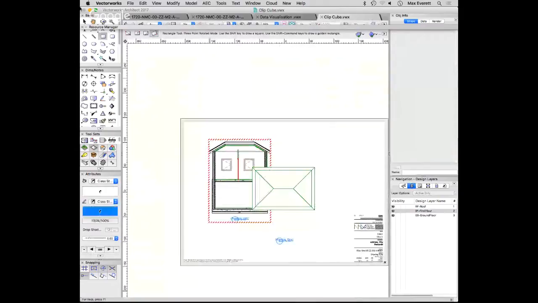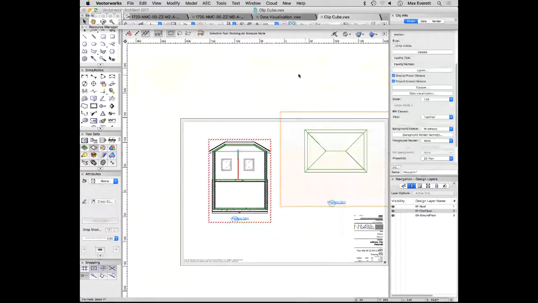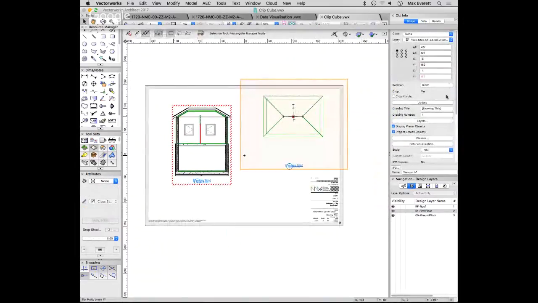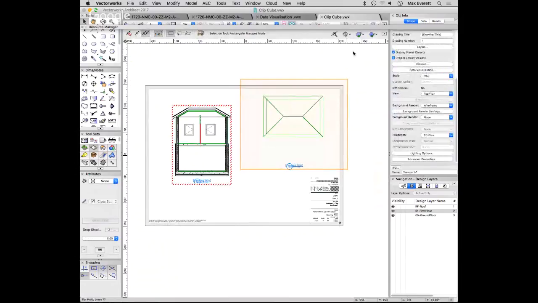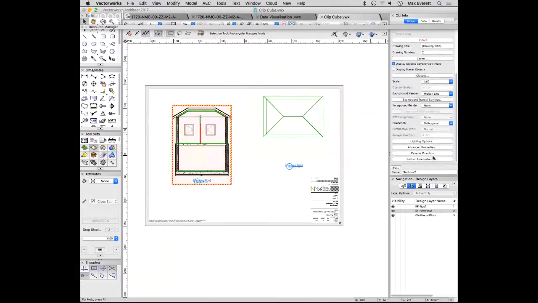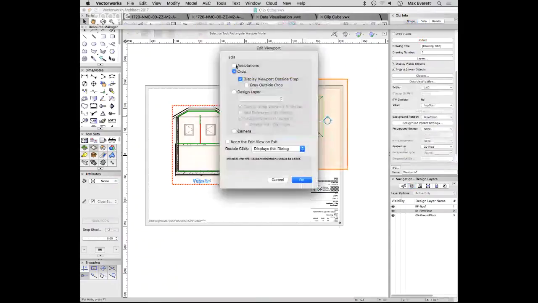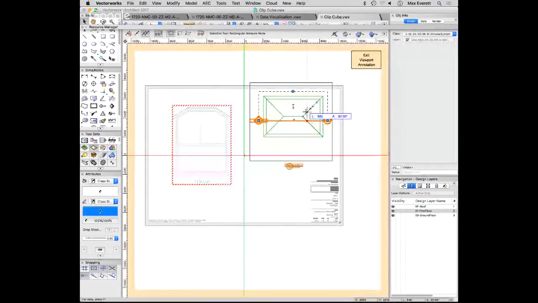I'll just quickly touch on what section line instances are, because it can be a bit confusing. So now we've created a viewport. Anyway, there'll only be one viewport. Right. So if I select the section viewport and go to section line instances on the object info palette, it's showing me that the section line is showing on my design layer. If I click on the viewport tab, I only have one viewport, so I can toggle it on there, and up it comes. And then you can actually control your section lines in here. So it's live in your annotations. You could drag it to here, and it would